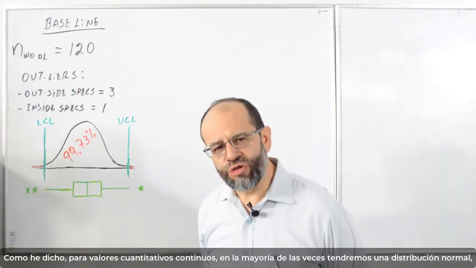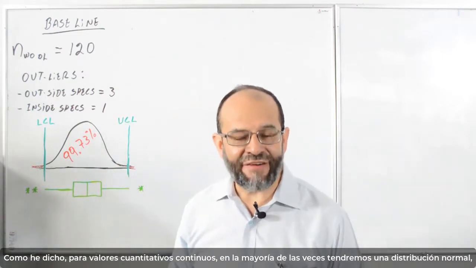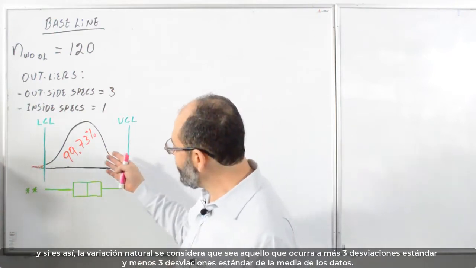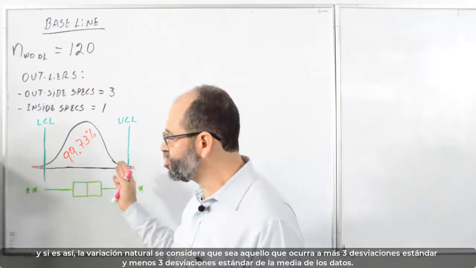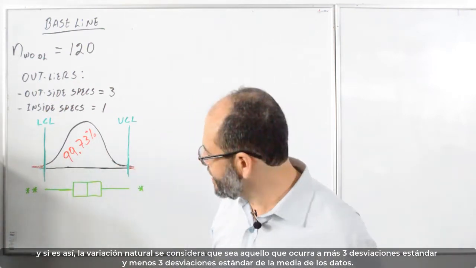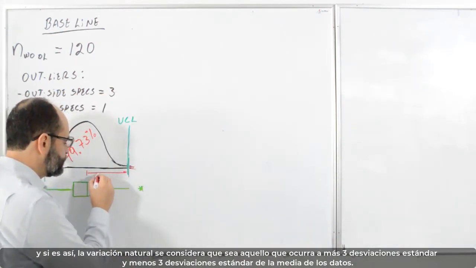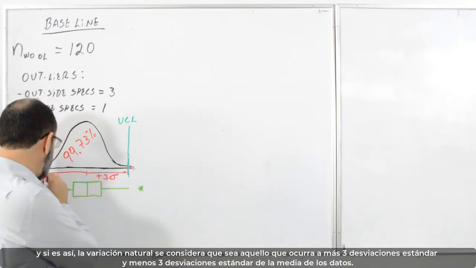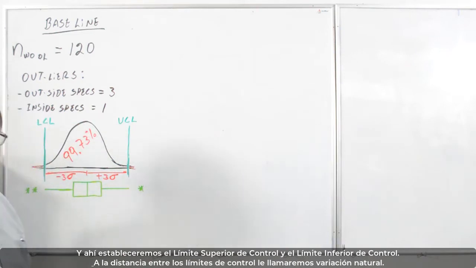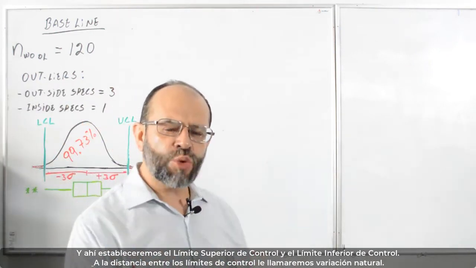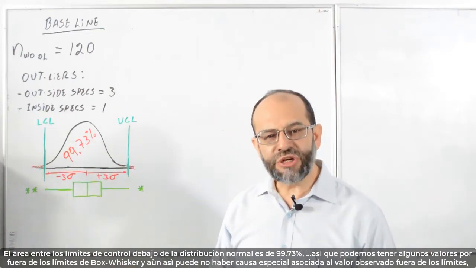As I have said, for continuous quantitative values, in most cases we may have a normal distribution, and if we are having a normal distribution, the natural variation will be the mean plus minus 3 standard deviations. So here you can have the mean plus 3 standard deviations and the mean minus 3 standard deviations. And those will be the upper control limit and the lower control limit. And that variation we call the natural variation. The area below a normal distribution is